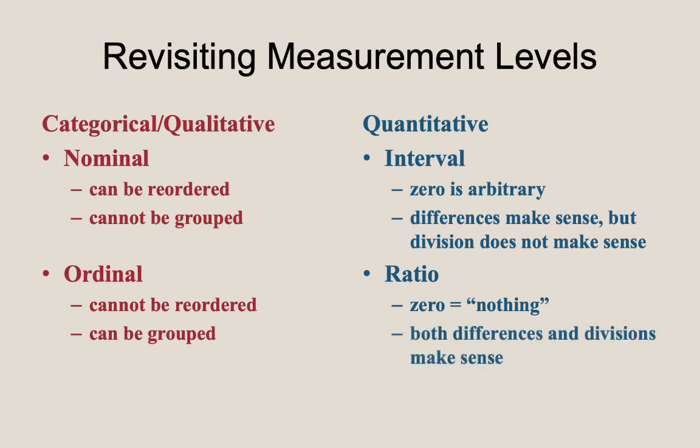Ratio level data allows us to make multiplicative comparisons. We can say that one cow produced 5 times the amount of milk as another cow because the quantity of milk is a ratio level variable. To summarize, ratio level data allows us to make multiplicative comparisons. Interval level data allows us to talk about the relative size of quantitative differences. And ordinal level data allows us to put the values in order, but not to distinguish within those categories or quantify the differences. And lastly, nominal level data cannot be compared via any type of ordering.